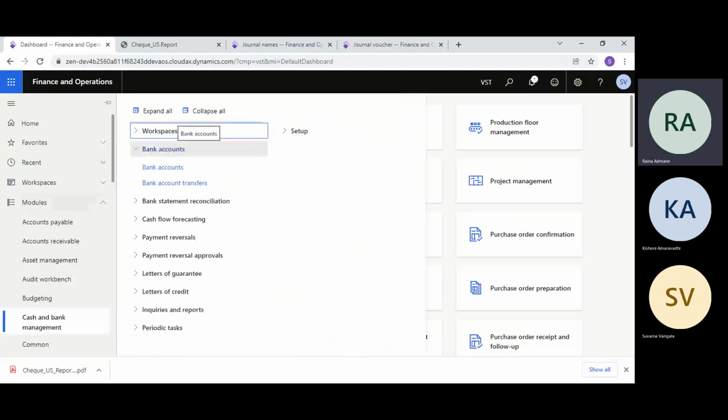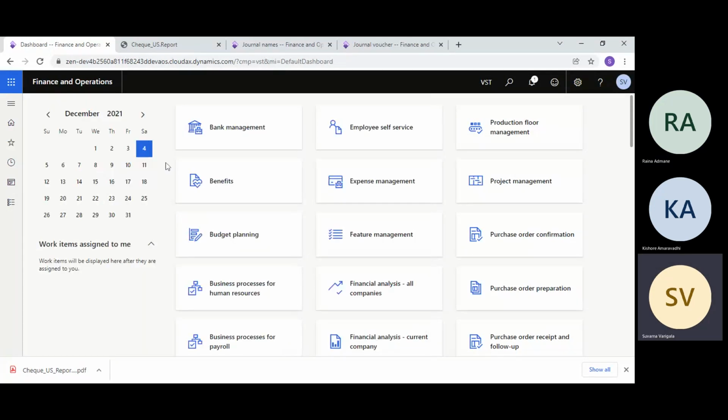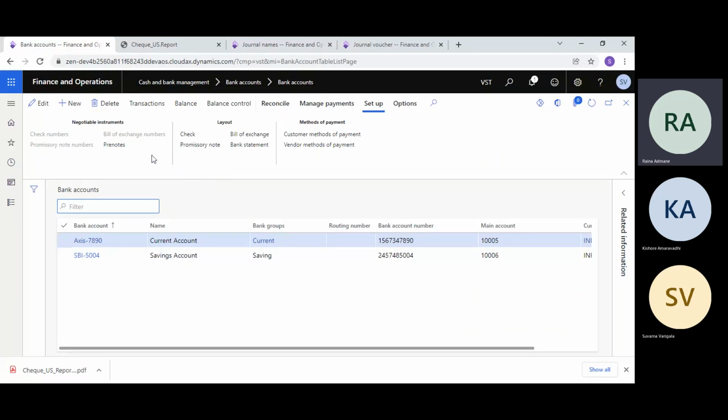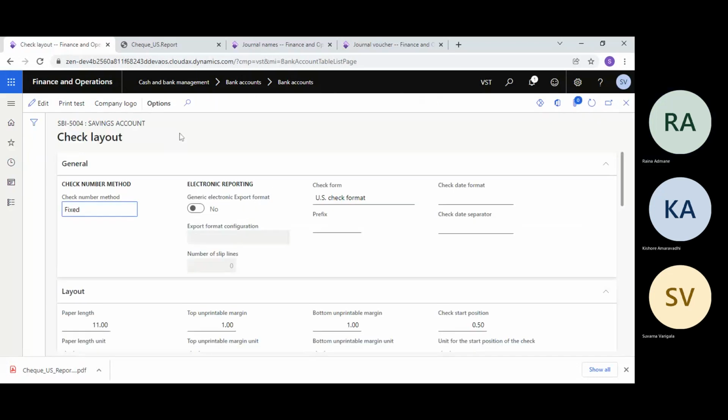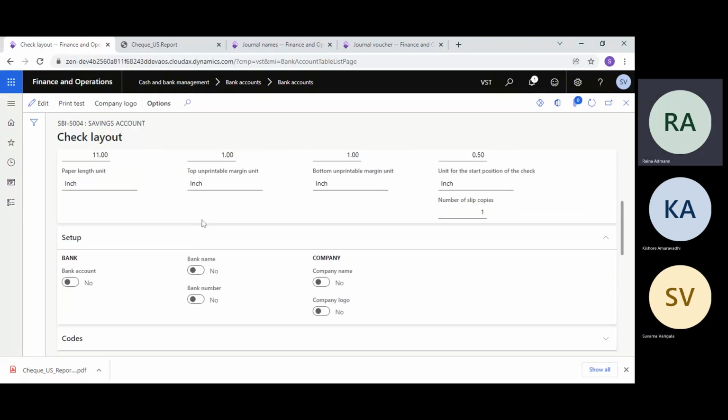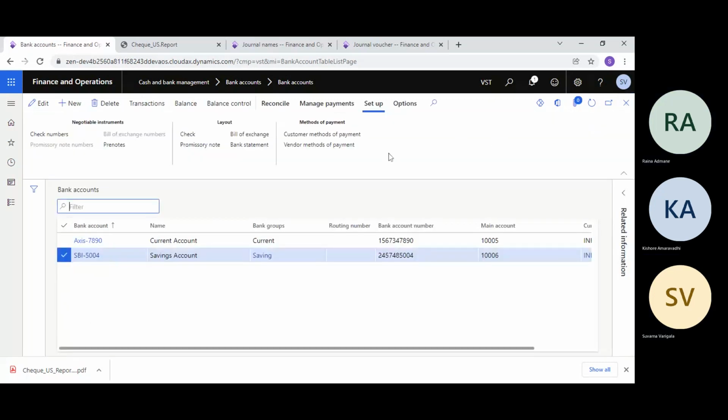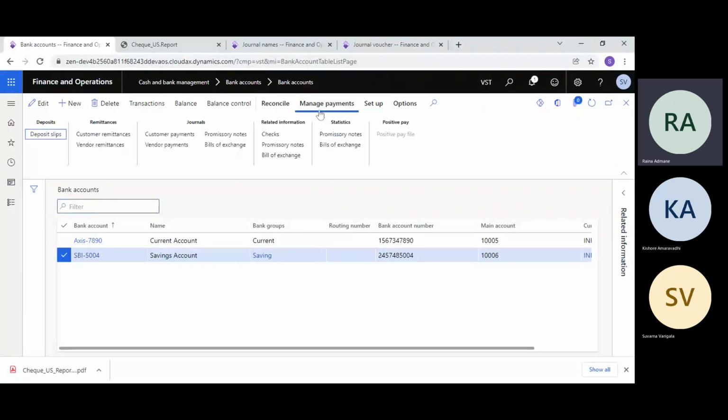Now go to the bank again, bank account. So as we can see the transaction, also we can see the status of all checks. So now click on the check here in the layout. There is a check. Yeah, click on that. Wait, close this. Not here. Check number. Yeah, click on the check number. No, not there. Go to the manage payment and see the checks. Yeah, exactly here.